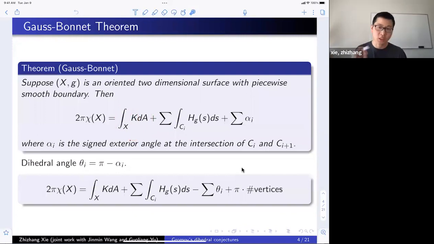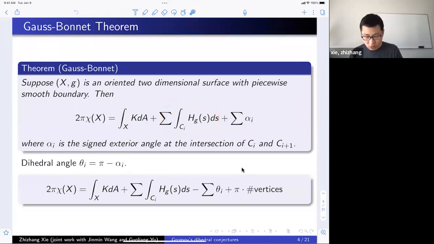So this is the integration of the Gaussian curvature over the surface. And we know that in a two-dimensional case, the notion of scalar curvature or Ricci curvature or sectional curvature is all the same up to some fixed constant. So might as well just think of this as a scalar curvature up to some renormalization.